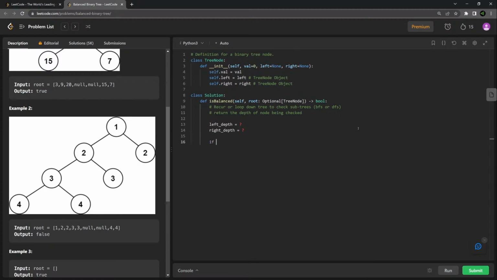Now what we need to do is make sure that these are balanced, so the left depth and the right depth of any node needs to be within 1 of each other, and we can do that with an absolute value. So if the absolute value of right depth minus the left depth is greater than 1, we're going to